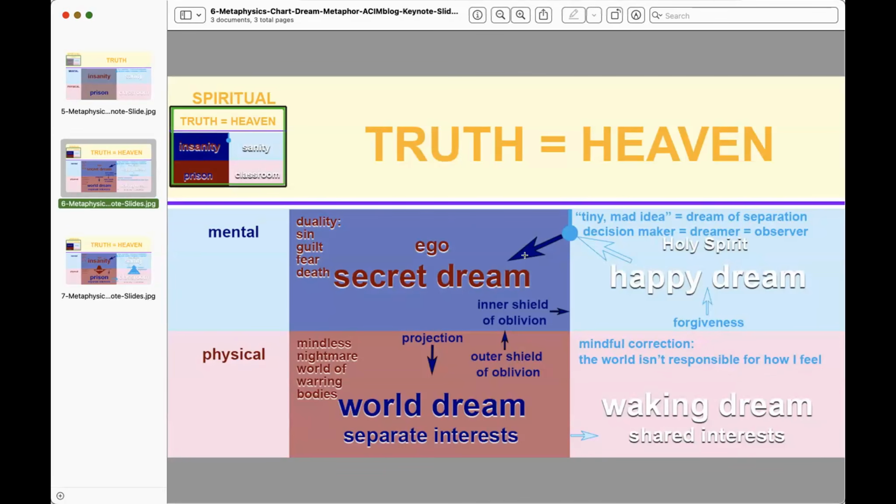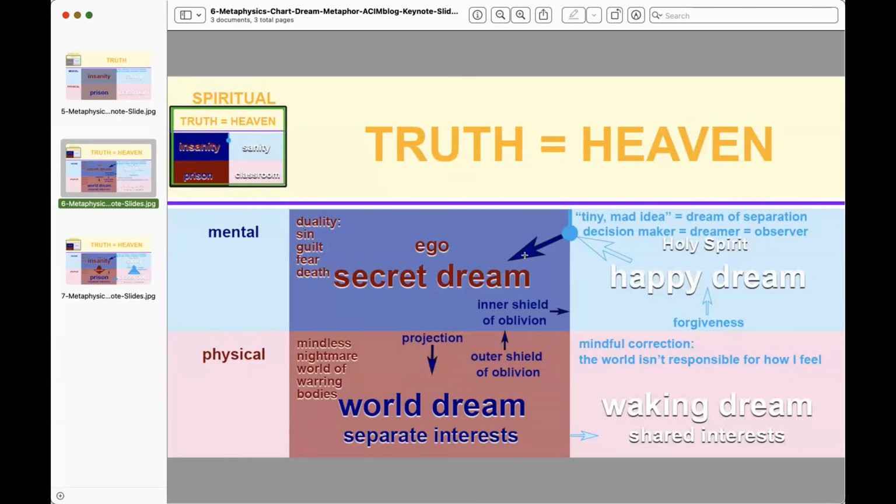So I also like to think of the line between the dark blue and the light blue as when the Holy Spirit looks into the ego's mind, it sees nothing. It's kind of like a one-way mirror, like in a department store where the managers can watch who's doing what in the store and whatnot. It's sort of like the Holy Spirit can look into the ego's mind and see that there's really nothing going on there. And that's what scares everyone's ego, because we don't want to get caught thinking that we made up nothing,